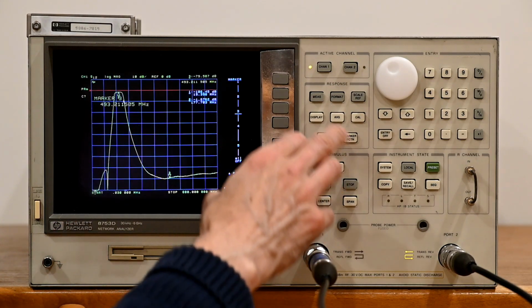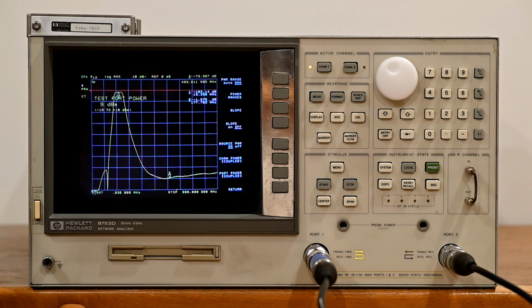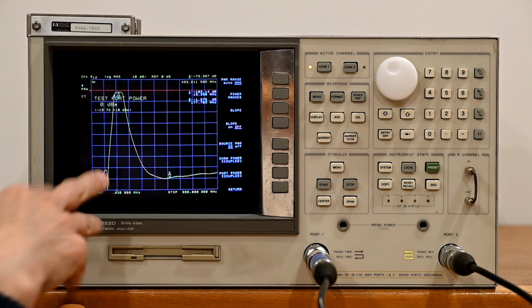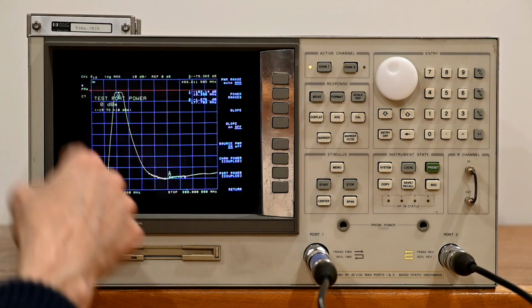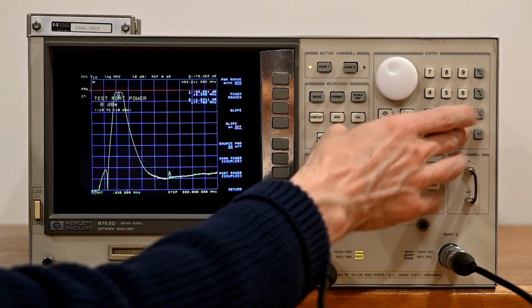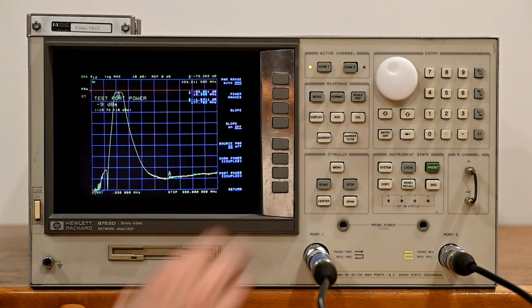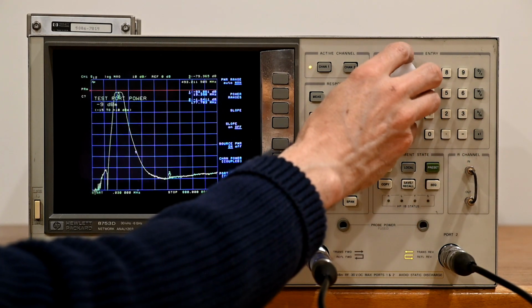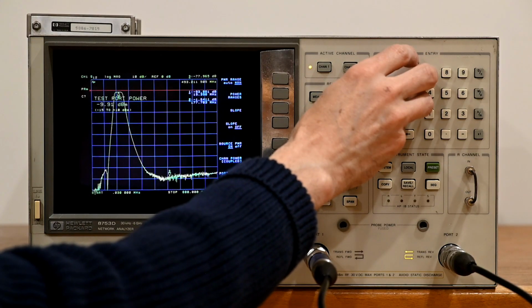When you go to menu and the power, +9, no problem, right? 0, again, no problem. You'll get a little bit more noise, but whatever, who cares? When you're at -80, you have a little bit more noise at 0 dBm. That's normal, that's the way the machine's designed. If you go to -9 dBm, still again, no issue. However, if you go to -10, we'll just step it down here. What you'll see is when we get to -10,